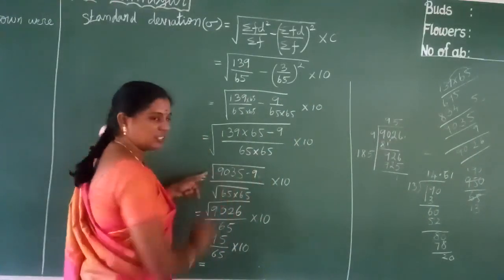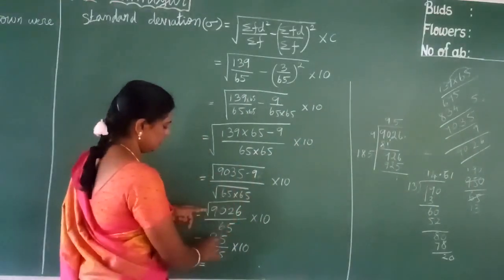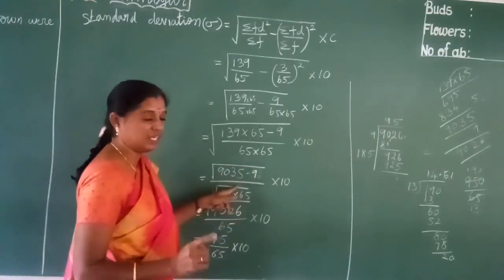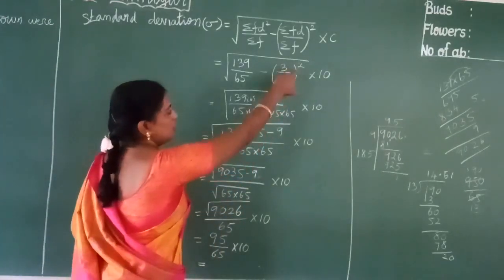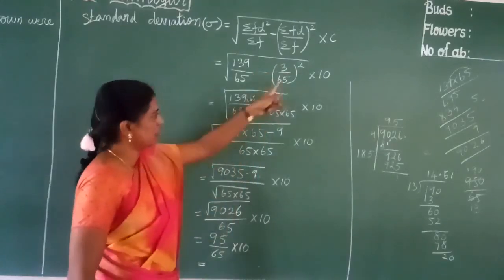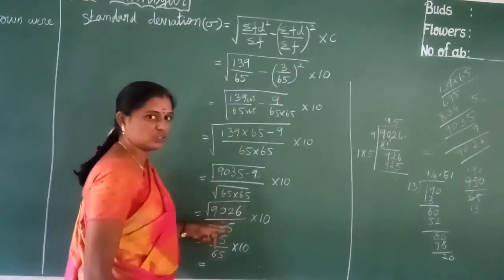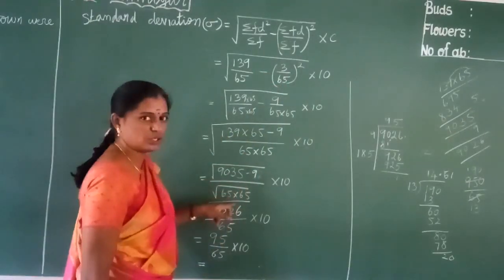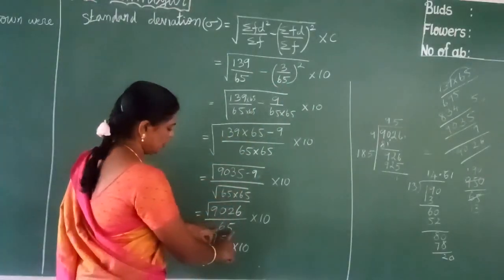And separately you give the square root value. Separately you give the square root. Here 65 into 65, we take the square root, means 65. That's why I told you here no need to multiply. Clear? So here if you multiply, one more time you have to take a square root. So that is the difficulty. So you write as it is. This type of questions you write as it is. So easily you get square root 65.